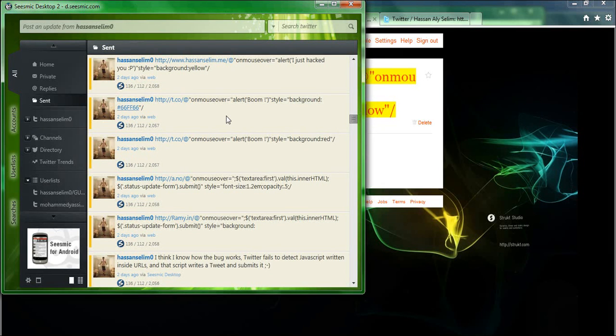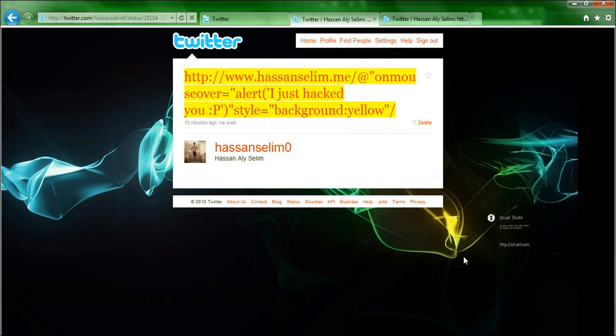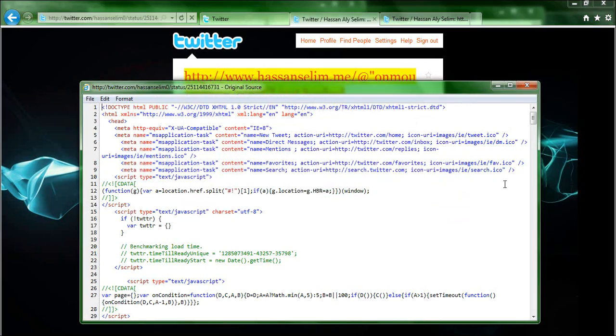Plus, some desktop clients didn't have a problem with parsing URLs. As you can see here, after the double quotes, the URL is over, and now it's just normal text. But Twitter didn't do that. Twitter had a problem parsing the URLs. After the double quotes, it kept on parsing the URL as if whatever came after the double quotes is still part of the URL. So if you look at the source here